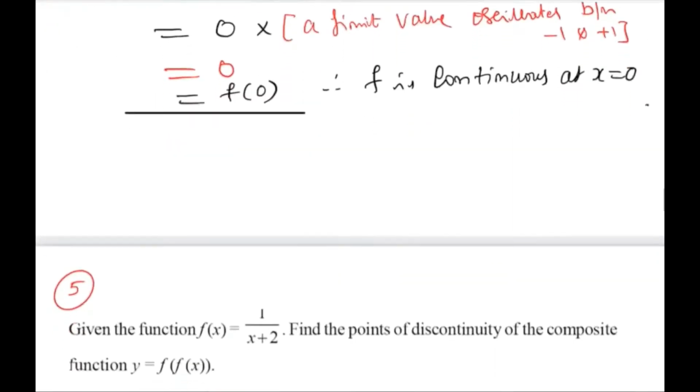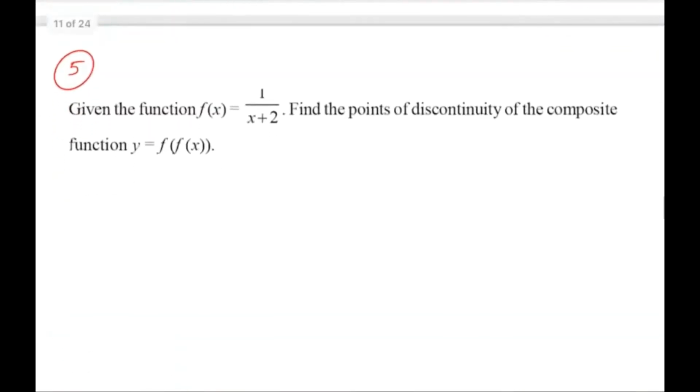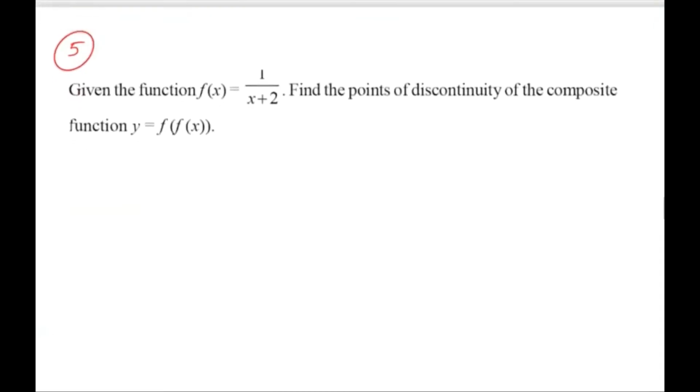Now the next problem is the fifth one. Given the function f of x is 1 upon x plus 2, find the points of discontinuity of the composite function f of f of x. So remember, f of x must be defined. So here f of x is not defined